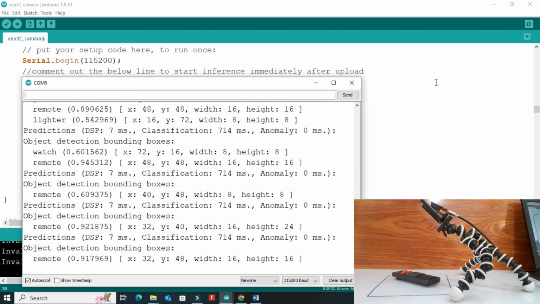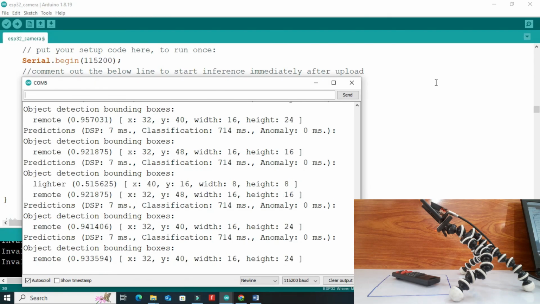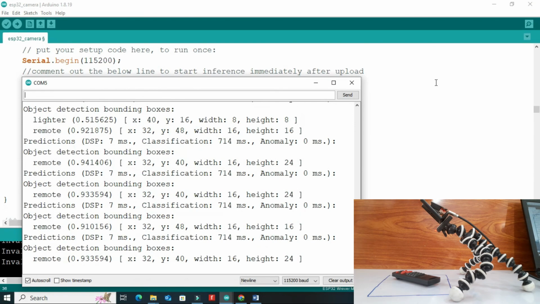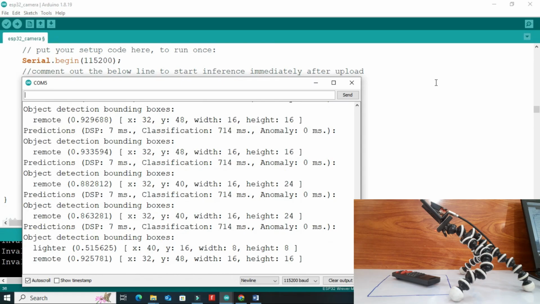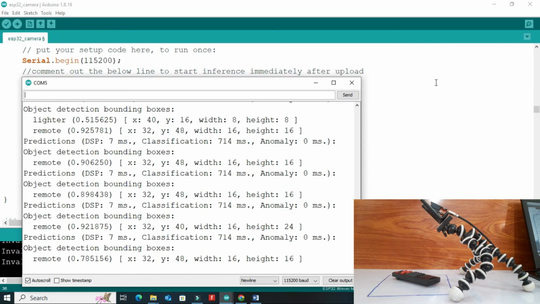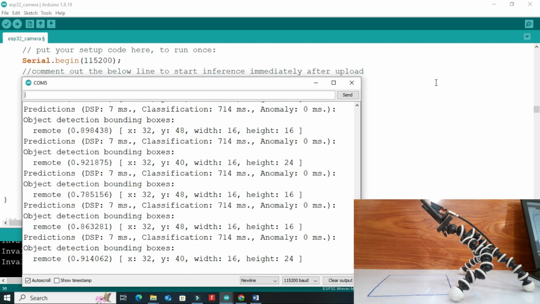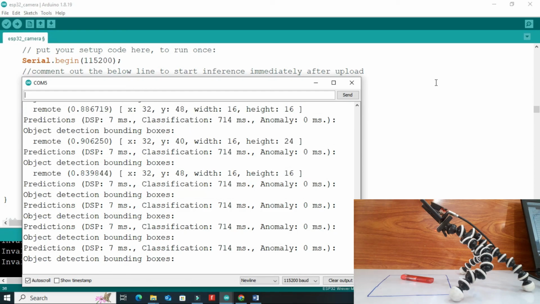It shows the remote on the serial monitor. Now place the lighter. It prints lighter on the serial monitor.